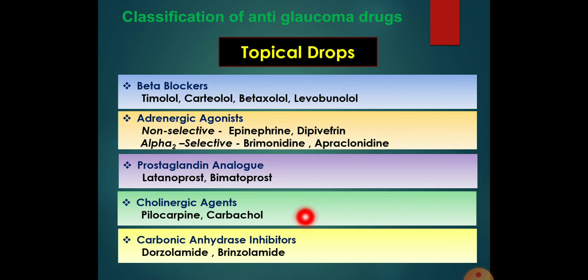They are now used only as a last option, and in open angle glaucoma they lower intraocular tension by increasing ciliary muscle tone, thereby improving patency of the trabeculae. The current approach to treatment of open angle glaucoma can be summarized as: start monotherapy